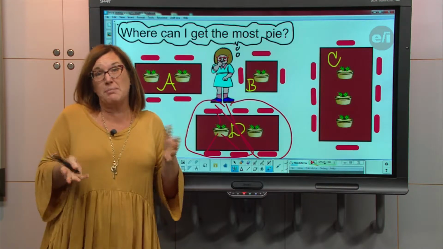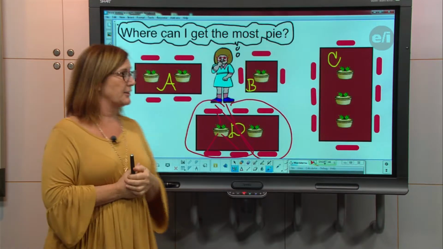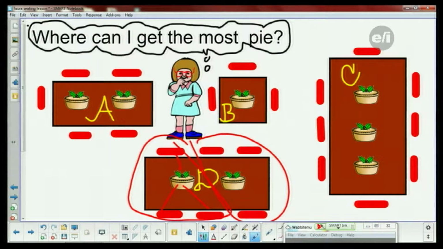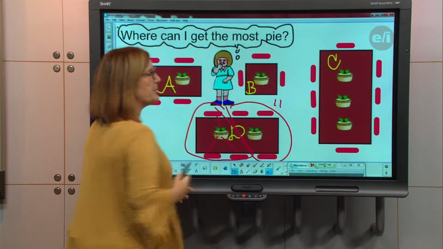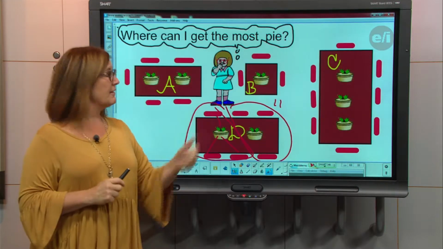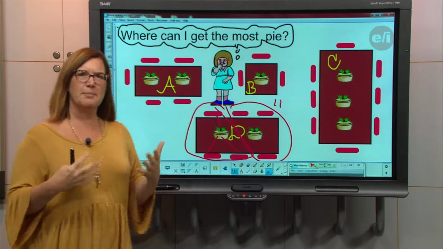So this is a fun problem that you might even want to draw down, copy down, and ask your family which ones they would pick. I look at these 2 pies and I see, hey, wait a minute, this is 1 pie with 3 people, and this is 1 pie with 3 people, and this is 1 pie with 3 people. So I already know that for table B and D, it doesn't matter between the 2 of them. They both have the same, right? But we already figured out that table A is way better off than table B and D. So now we've got to talk about table C.